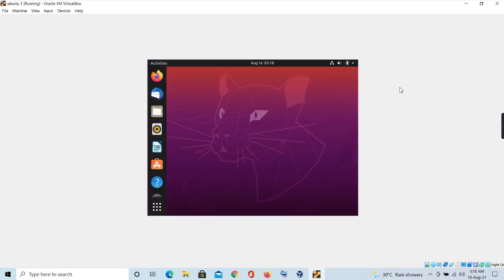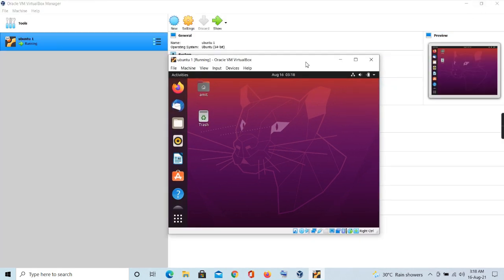You have successfully installed and configured Ubuntu on Windows 10 using VirtualBox, and the welcome screen will appear.